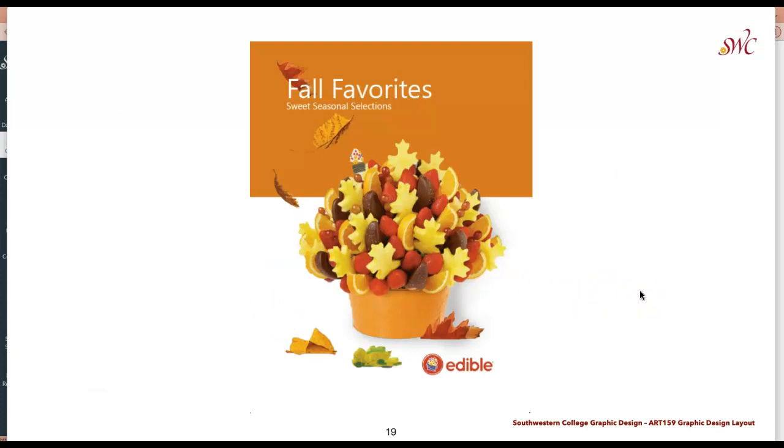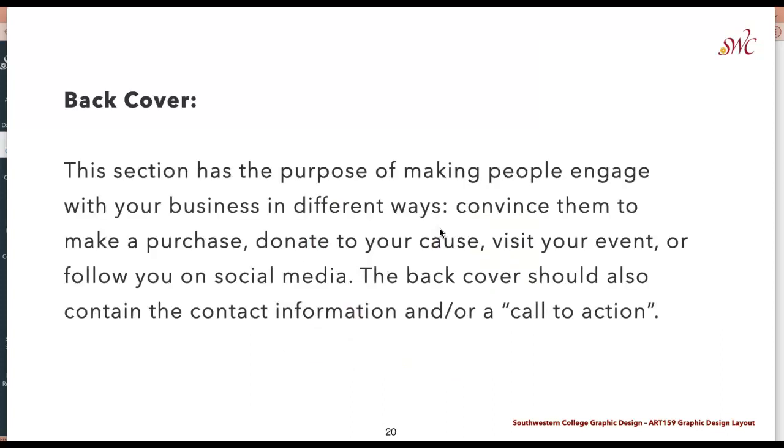You can see an example of this one here where the typography is for fall favorites, sweet seasonal selections. And we have this very isolated image here which really draws attention to the specific product, including the logo in the space as well. And then thinking about your back cover, this section again should make people engage with your